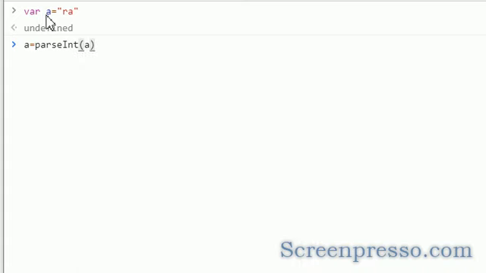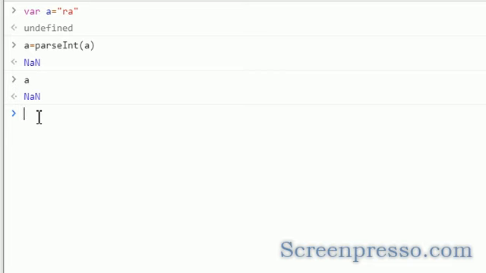So definitely we would expect an exception, but here we are not getting the exception as per our expectation. It returns NaN, meaning a has the value NaN. NaN means not a number. In JavaScript, NaN is a value meaning not a number. When we try to use a non-numeric value in a numeric operation, we will get this NaN.